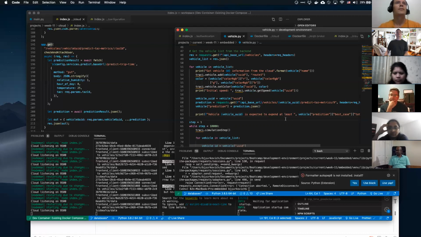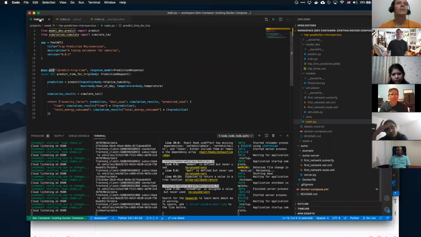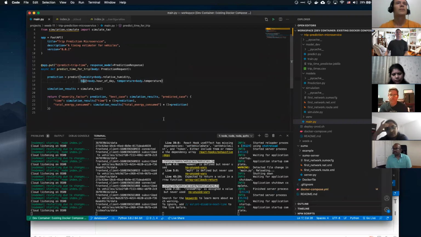Pretty sweet. Except it's not kilowatt hours, right? It's in watt hours. So somewhere in our chain, we're going to have to divide by 1,000.